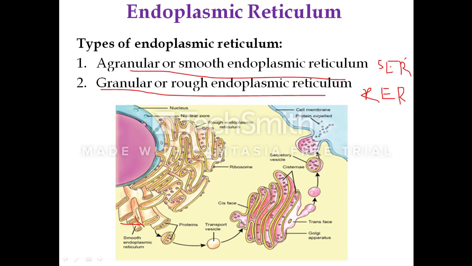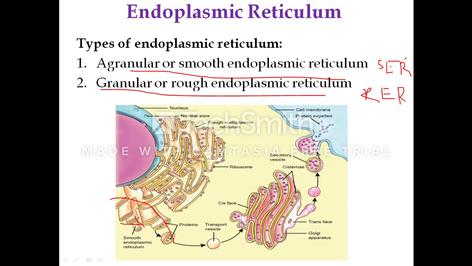The synthesis of fatty acids and the phospholipids takes place in the smooth endoplasmic reticulum. It is abundant in hepatocytes. The enzymes in the smooth endoplasmic reticulum of liver modify or detoxify the hydrophobic chemicals such as pesticides and carcinogens by chemically converting them into more water soluble conjugated products that can be excreted from the body. High doses of such compounds result in large proliferation of the smooth endoplasmic reticulum in liver cells. So that is regarding the smooth endoplasmic reticulum.